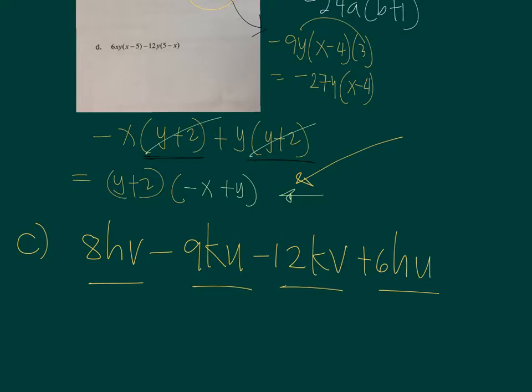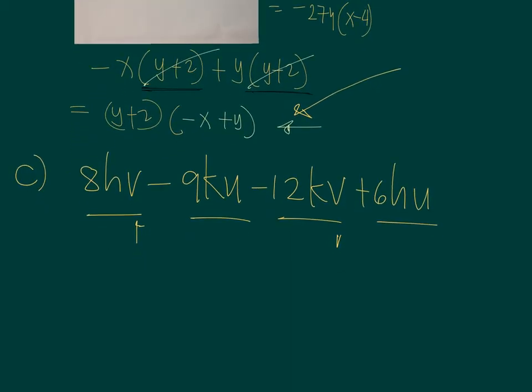You could see that some terms contain h, but not all, so h is not a common factor for all. Some terms contain v, but not all, so v is not a common factor for all, even k. Now, if you look at the expression, you have 4 terms, so you have to group some terms, like pair them up, and then come up with an expression wherein you can factor out, say, a variable. Just to show that, suppose we group